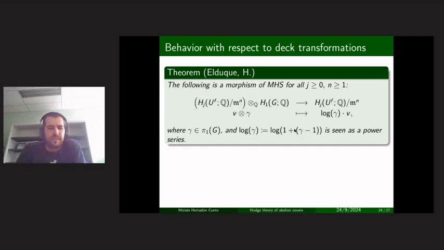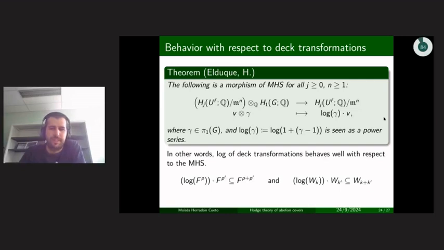I couldn't say just a single gamma gives you a Hodge structure morphism. That wouldn't be true because of how it's defined. But really what I'm saying is that the degrees add in the way you would expect. If you unravel this definition, of course, the map is defined over Q. And then if you have something with Hodge degree 1, it will add 1 to the Hodge degrees. And if you had weight 2, it will add 2 to the Hodge weights.